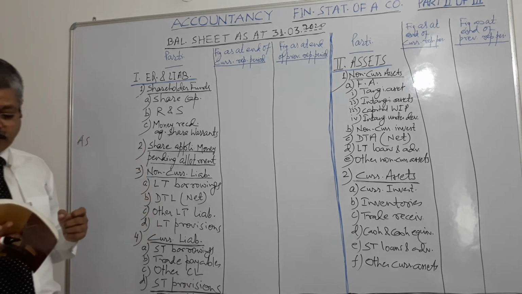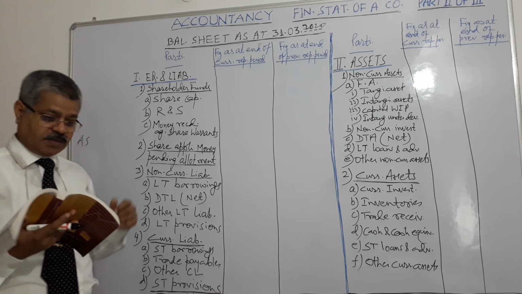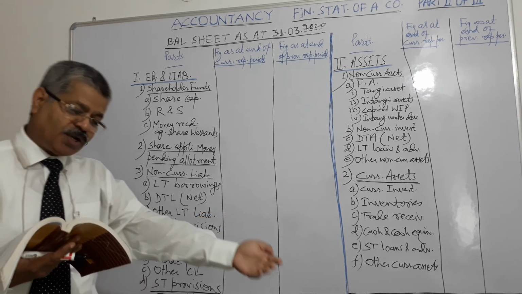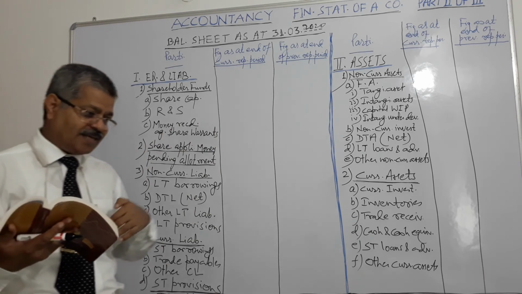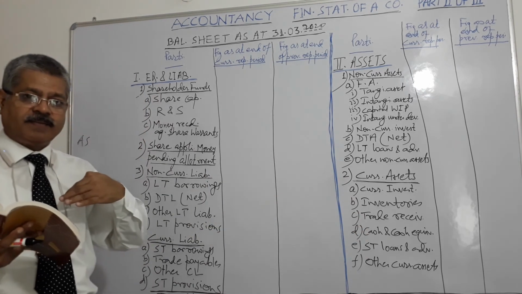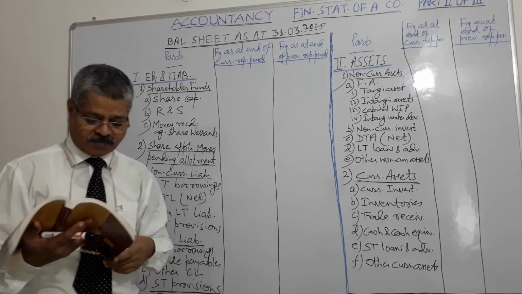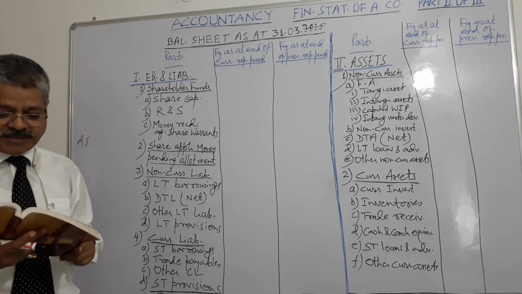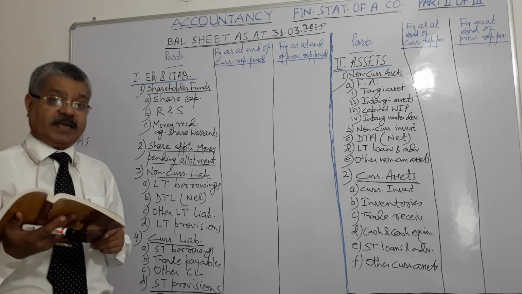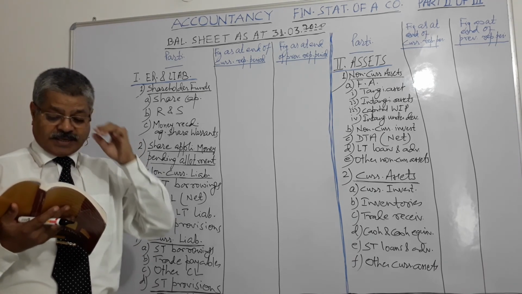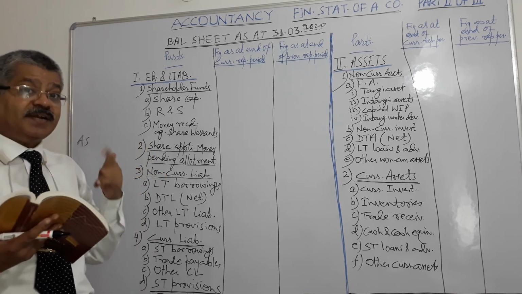Debenture redemption reserve, it is a provision. Earlier debenture was issued, now it is being redeemed by the company, right? So firstly the company issued debenture, got money. Now it is redeeming those debentures and paying money. Debenture redemption reserve is a provision to protect investors from the possibility of a company making default.